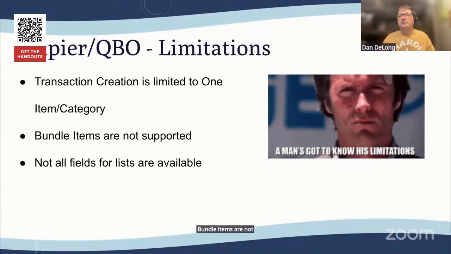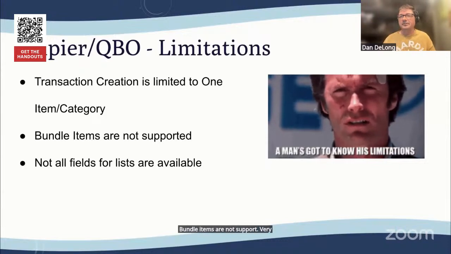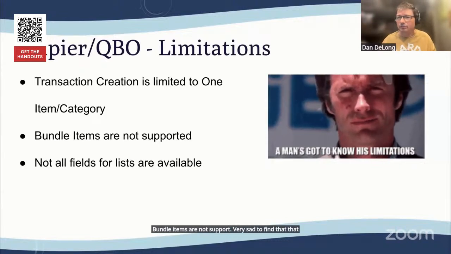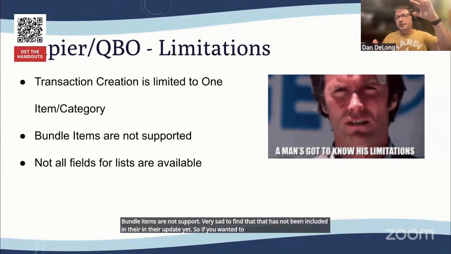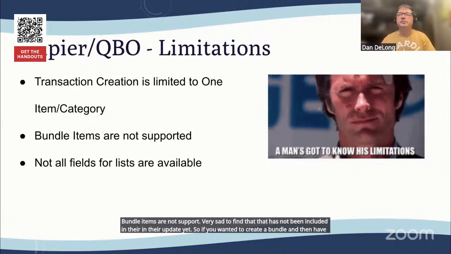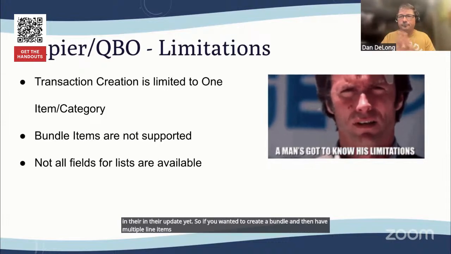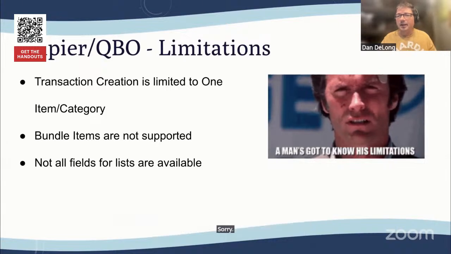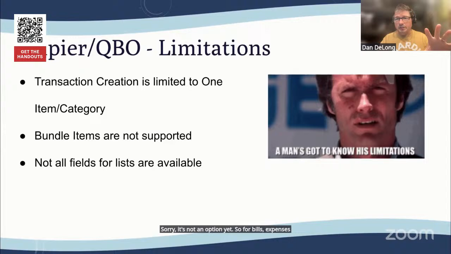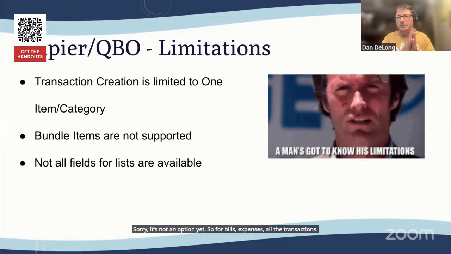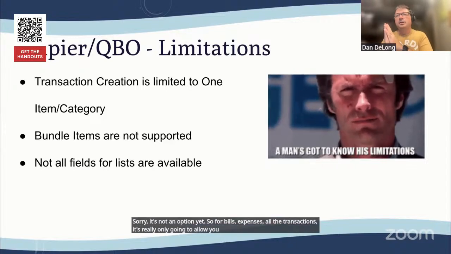We were very sad to find that has not been included in their update yet. So if you wanted to create a bundle and then have multiple line items from that bundle, sorry, it's not an option yet. So for bills, expenses, all the transactions, it's really only going to allow you to do one line item